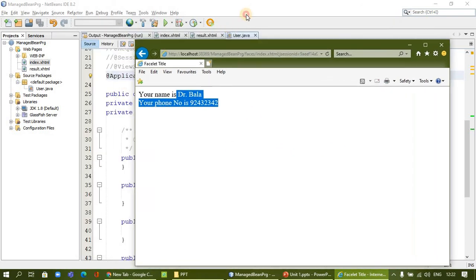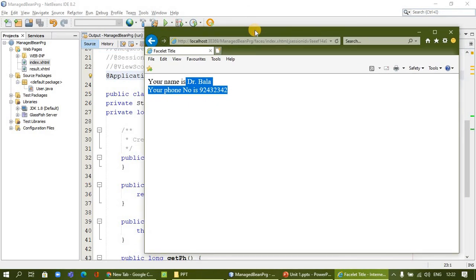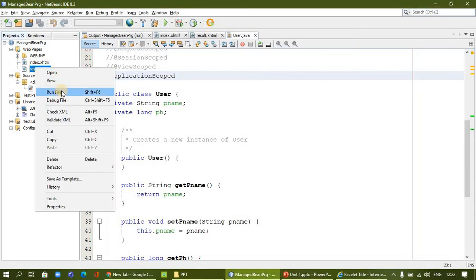I am working on this Edge browser here. I will go to another browser. I will copy the same address. Localhost index.html, this one. This is the result page. Let me open it and run this.